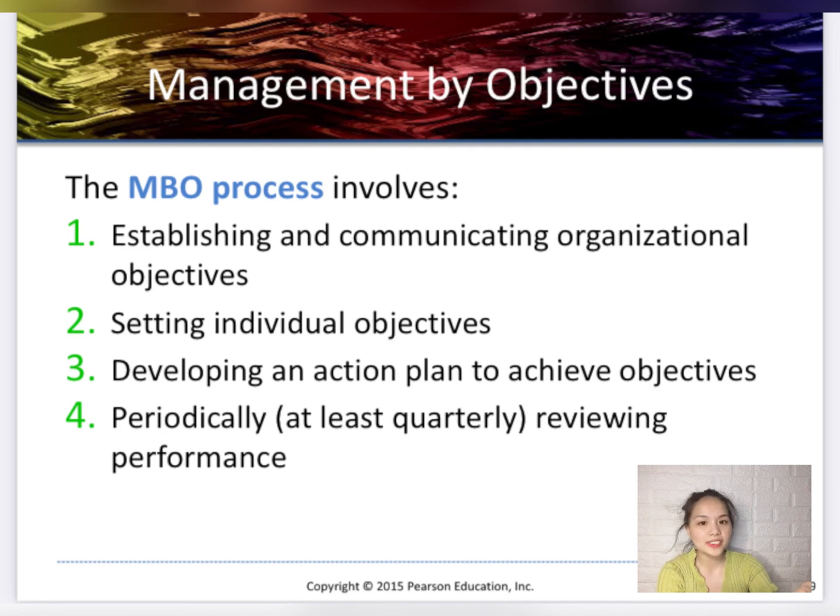So, in process 1, the key component of the objectives was that they are measurable in order for employees and managers to determine how well they are met. So in this third process, it involves monitoring the progress of employees. Lastly, periodically or at least quarterly reviewing performance. This is where the evaluation and rewarding of employees' progress happens. This process includes honest feedback on what was achieved and not achieved for each employee. And that's it.